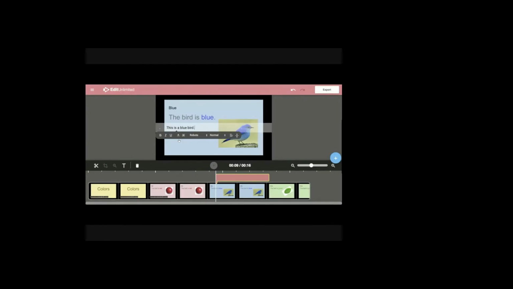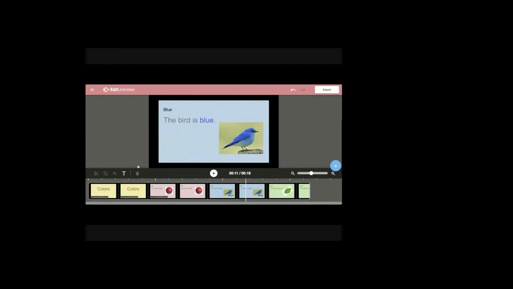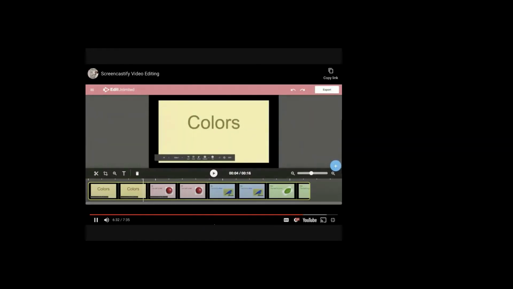Once you are done entering the text, you can adjust the time it appears by dragging the red text section. You can also delete the text by selecting it in the timeline and clicking on the trash can. There are no more tools that I want to show you in this video, but there are a few techniques